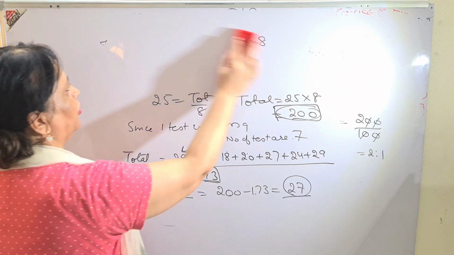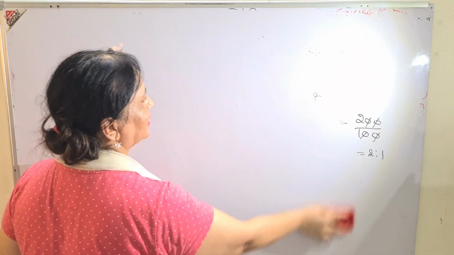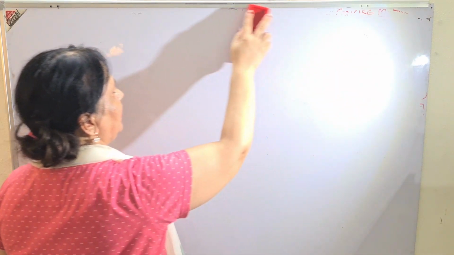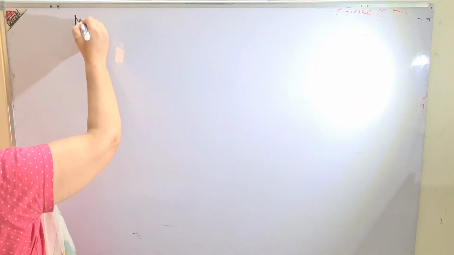Nothing to be worried about, because from the first sum itself, I gave you the concept that mean of untabulated data is equal to total over number of quantities. Then moving to exercise 19b, this is also very, very easy. Along with this, I will make you understand this also. Now we'll talk about median.